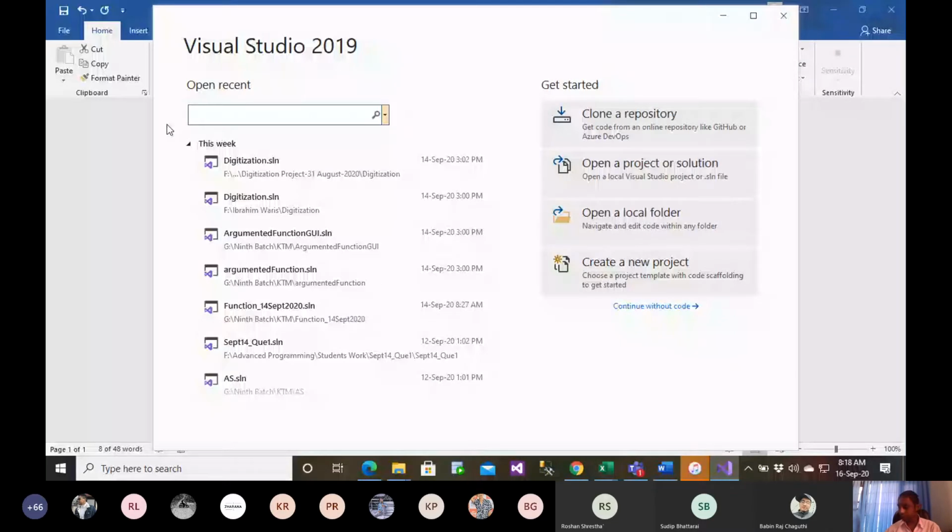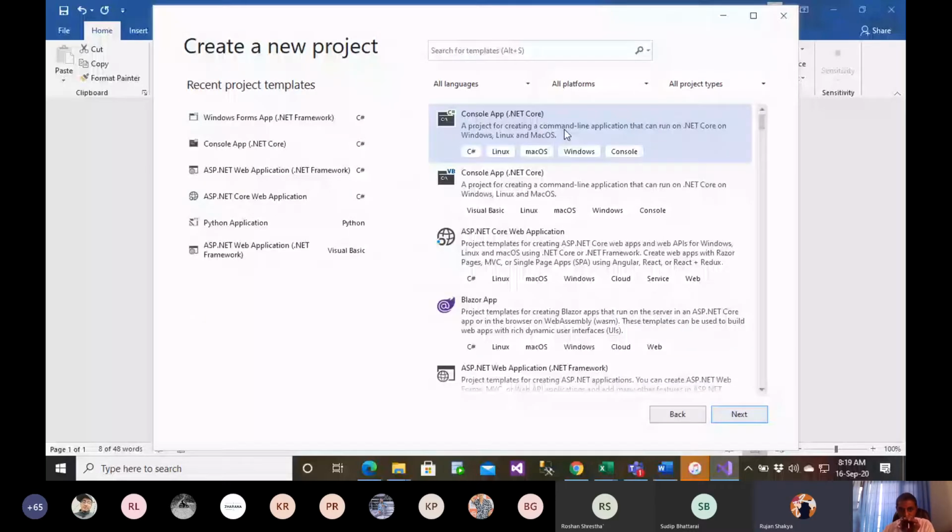Let me create a new project. Let me choose console. Let me name it nested for loop.